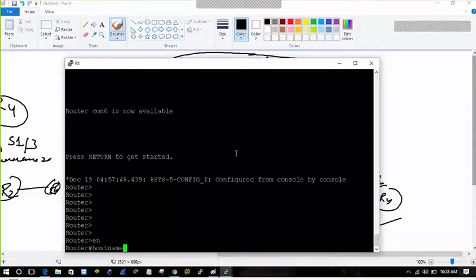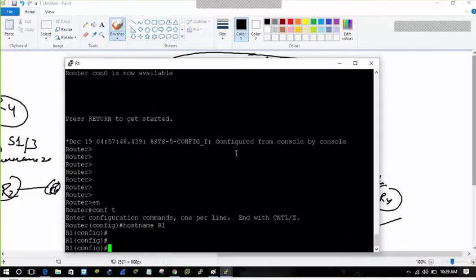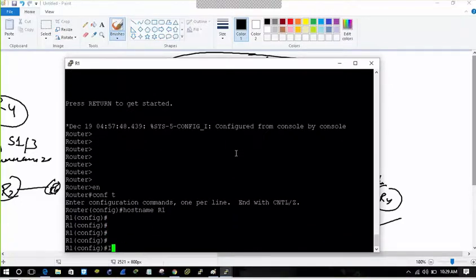Actually, we do summarization for two things mainly. One is to shorten the routing table of the routers. Another is to limit the scope of the query domain. No, that I understood, but I'm asking: I have a diagram, and in that structure a lot of routers are connected. Yes, then you have to think about all of it; you have to do it with the design. Yeah, where exactly can I do it?